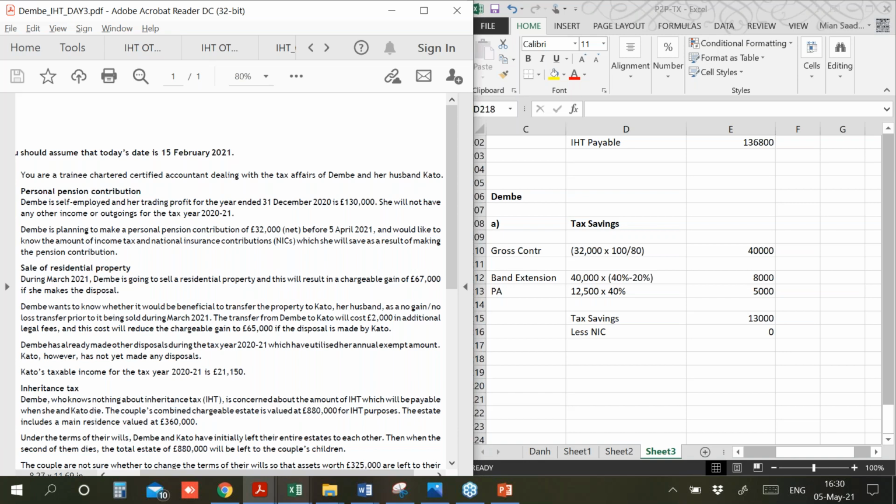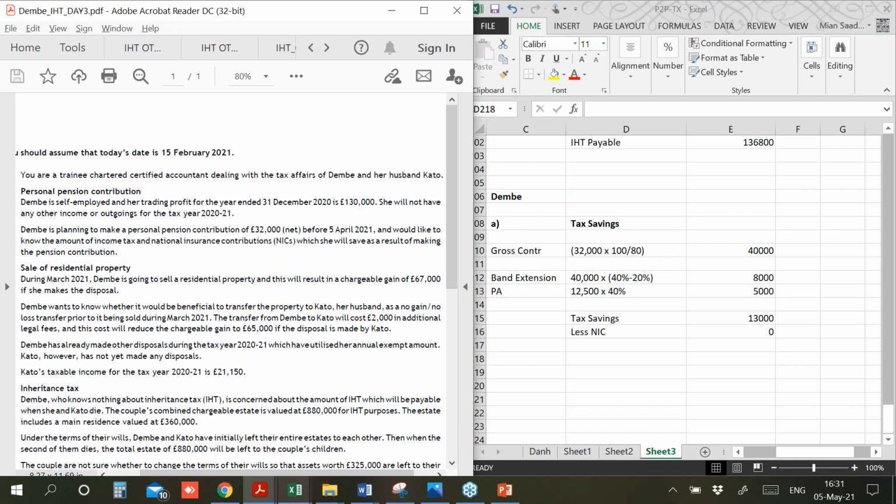Second is sale of residential property. During March 2021, Dembe is going to sell a residential property and this will result in a chargeable gain of 67,000. So they told me the gain directly. I do not have to calculate the gain myself. Dembe wants to know whether it would be beneficial to transfer the property to Kato, her husband, as a no gain, no loss transfer prior to it being sold during March 21. The transfer from Dembe to Kato will cost 2,000 in additional legal fees, and this cost will reduce the chargeable gain to 65,000 if the disposal is made